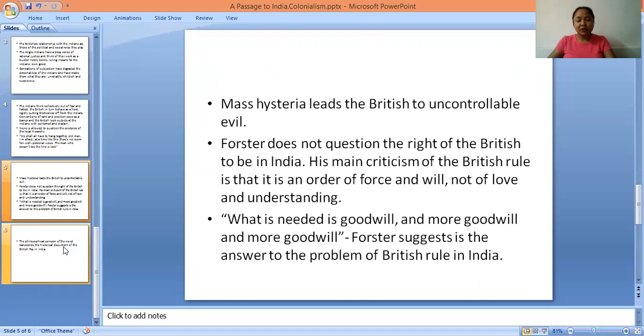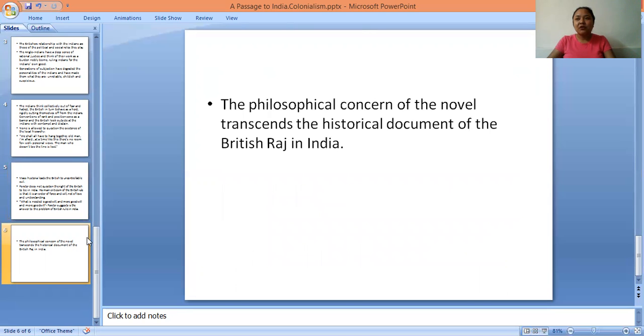And lots of criticism, lots of debate, like I said. They severely criticize him, saying that he has reduced the imperial rule to something which can be simply solved by goodwill, when it is not. Something as monumental as colonialism cannot be solved by simple goodwill between two people.